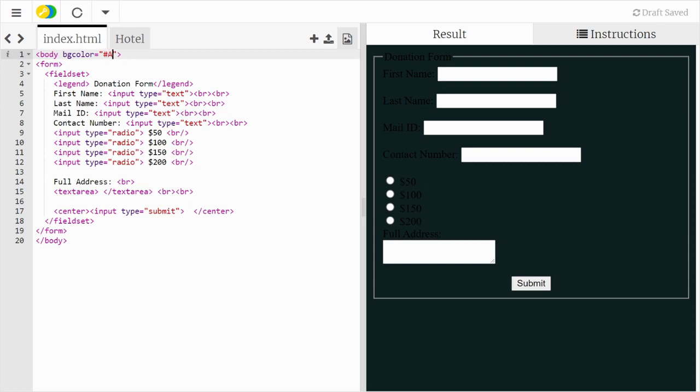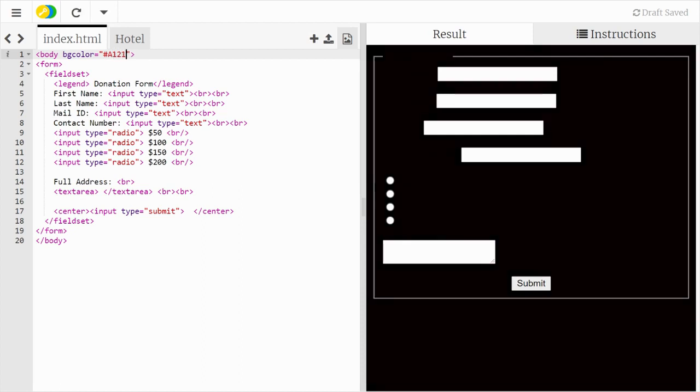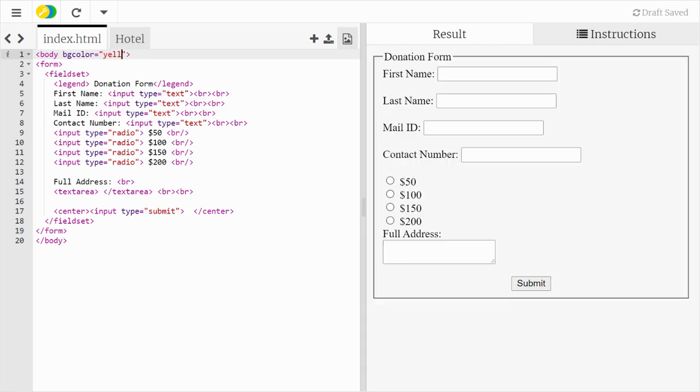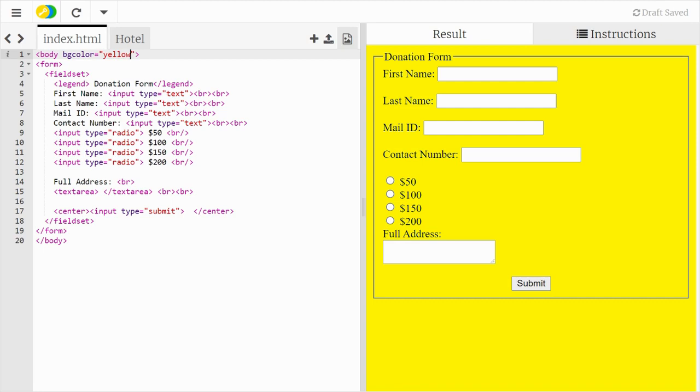This is also a hex code, and you can see that it comes up as a maroon color. If you know the exact name and it is allowed, then you can directly make use of the color name itself.